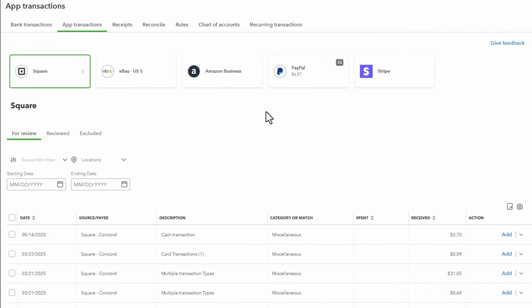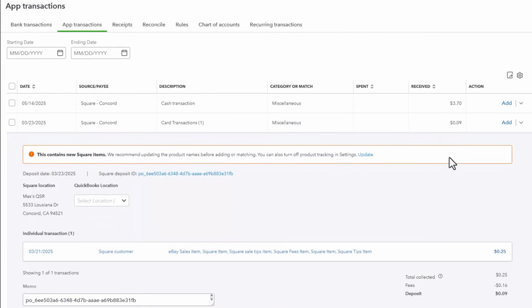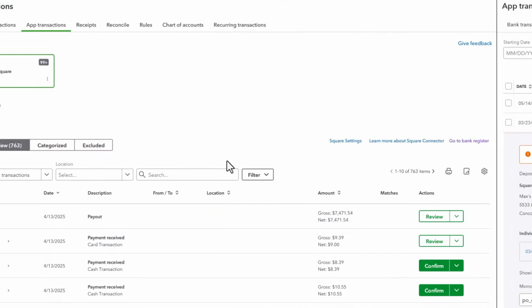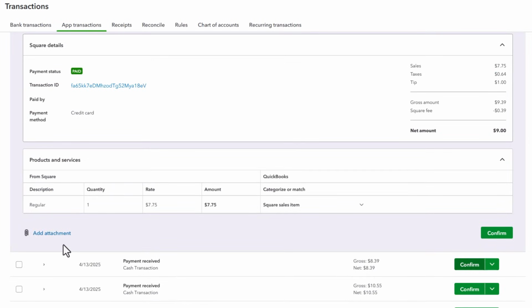Previously, when you did finally receive transactions, you got details like the dollar amount of the transaction, any fees, and customer or vendor information. In the new Square Connector integration, you get much more. You'll see details about products or services, discounts, sales taxes, shipping fees, customer payments like gift cards, and other adjustments for each transaction.